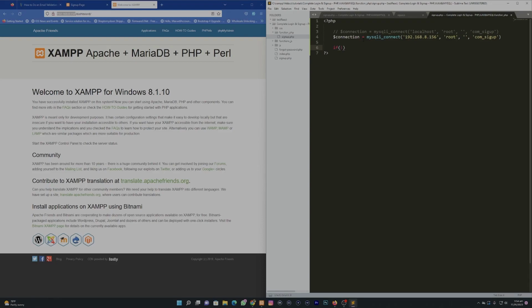So I'm saying that if there is no connection, or if our connection fails to connect, or if our string fails to connect, now we are doing something here. We are saying that if it fails to connect, then we should throw an error message to the user. Okay, so we can see that